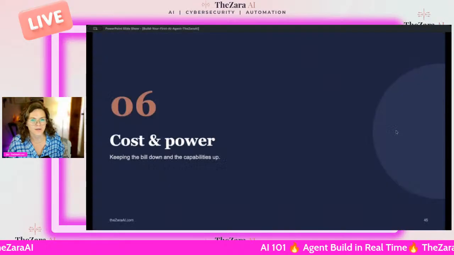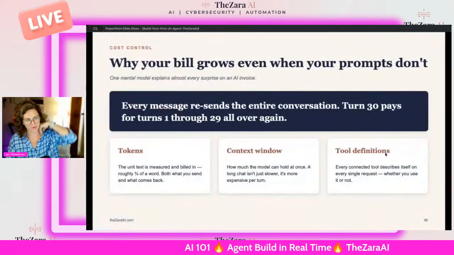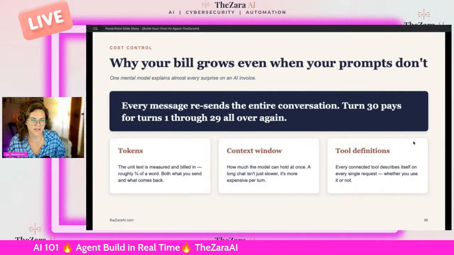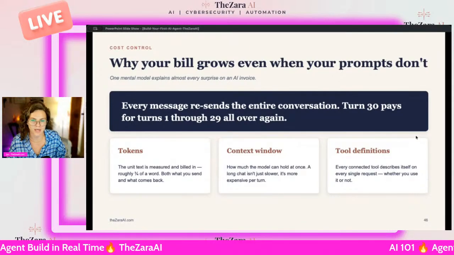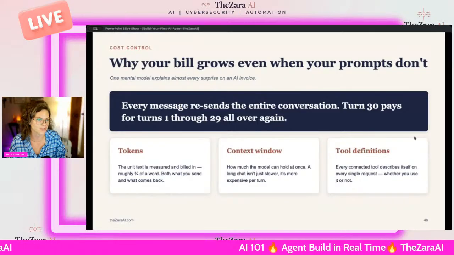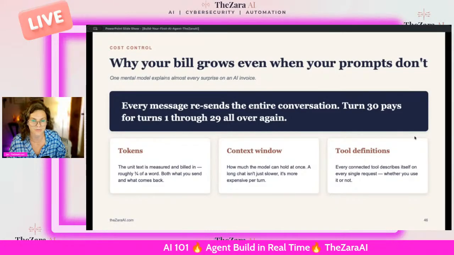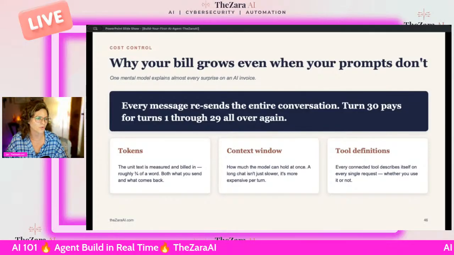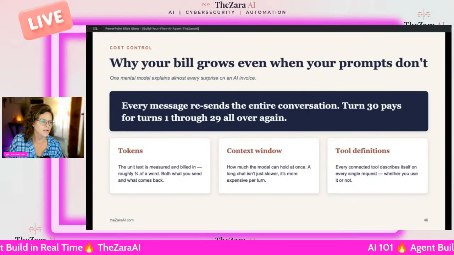Okay. We are at like an hour something. Cost and power. Let's talk about your power bill and your token cost. This is an area where I see newbies make a mistake all the time, and they run out of tokens all the time because they're not understanding how to cut token costs. It used to happen to me the first month, and I was draining money, and I had to triage it really quickly, like stop the bleed. So